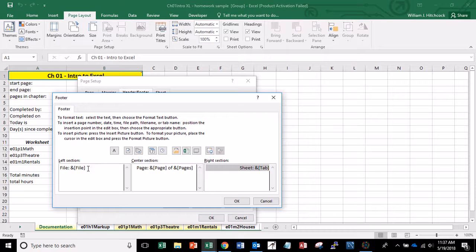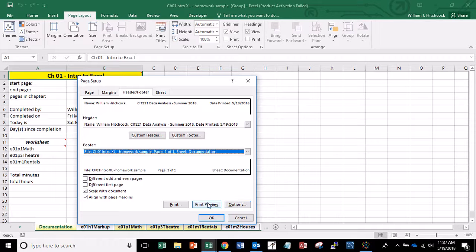For this file name, there is an option. You can use this tool. It gives you the entire file path. That one gets a little bit long, especially if you bury your files in, say, a bunch of folders and so on. Usually, if you just have the file name itself, you can always search for that on your computer and be able to find it. Alright, so I'll hit OK. I'm going to click on Print Preview,